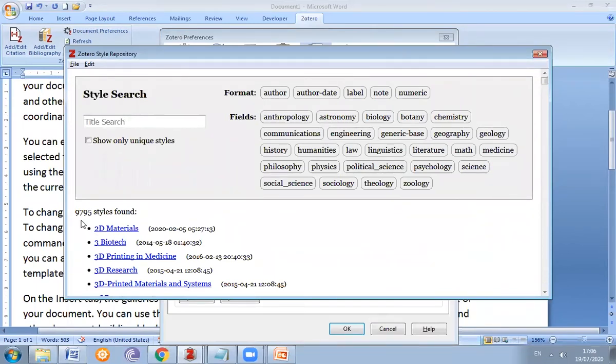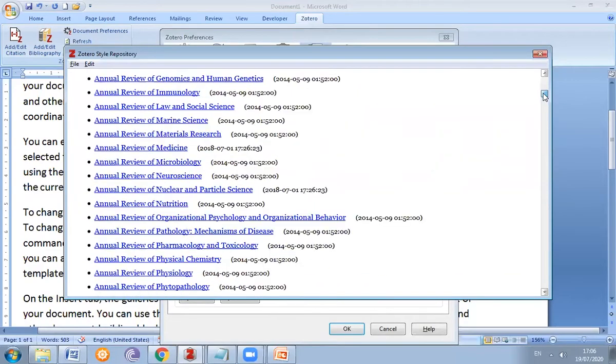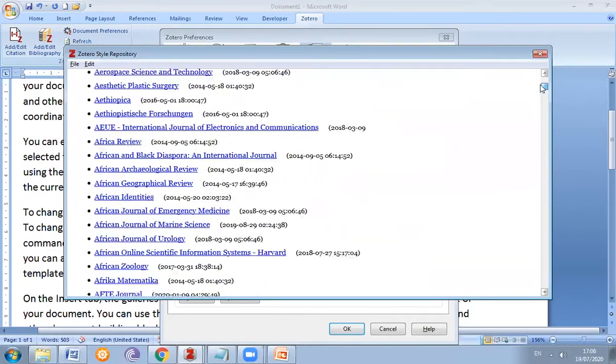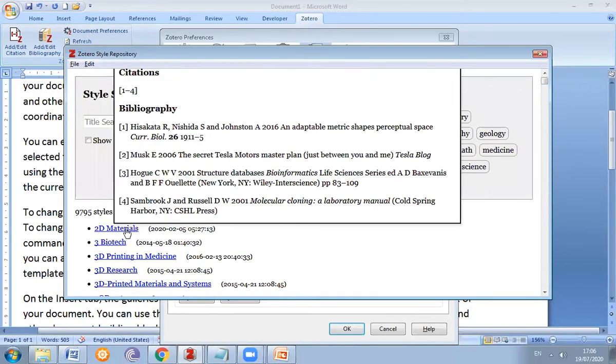Here a total of 9795 styles are available. We can search styles if we remember the name, otherwise we can browse here, and as per our requirement we can add that specific style, so different styles are available. This way we can also add this thing.